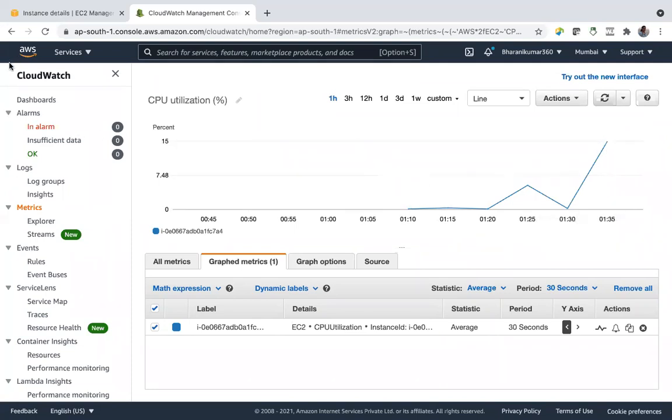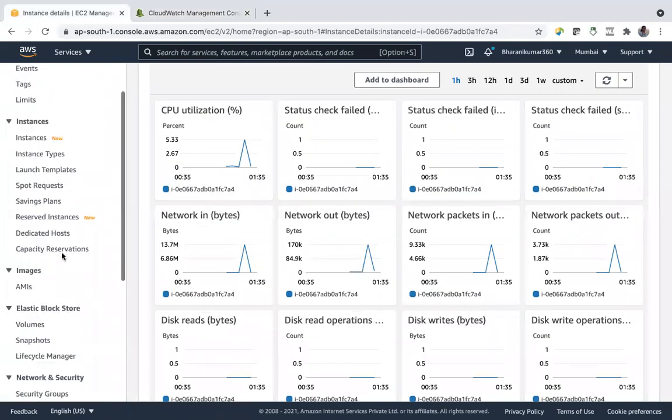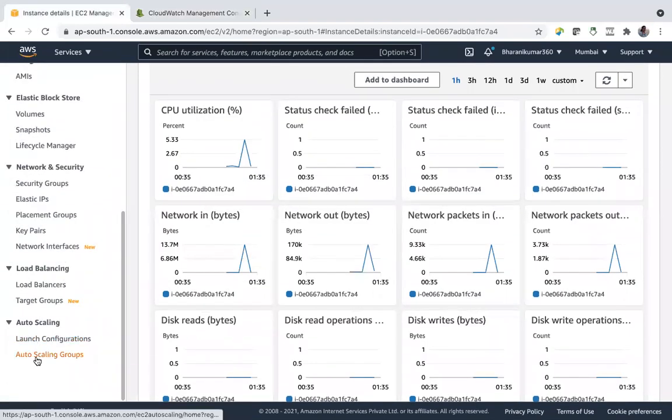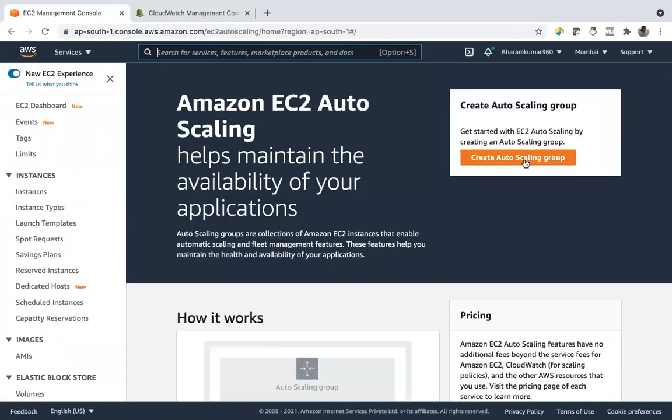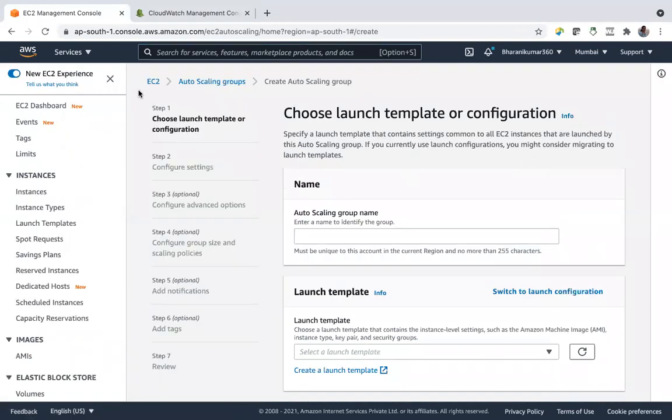Let us create an auto scaling group to check how it scales up. Let us go and create one auto scaling group. Let's name it test scale up.